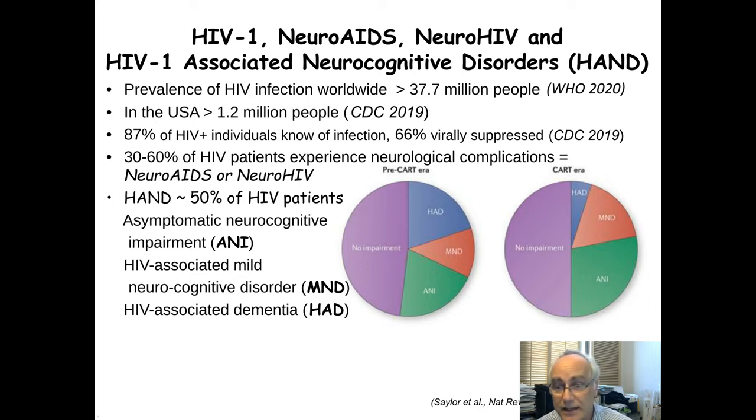Now in the pre-cART era that we see in this pie chart on the left, we see that almost 50% of the HIV patients actually had no detectable neurocognitive problems, but more than 20% developed dementia. The mild neurocognitive disorder was somewhere between 15 to 20%, and ANI, the very mildest form, was still about 25 to 30%. Now, in the cART era that we see on the right, we can see that